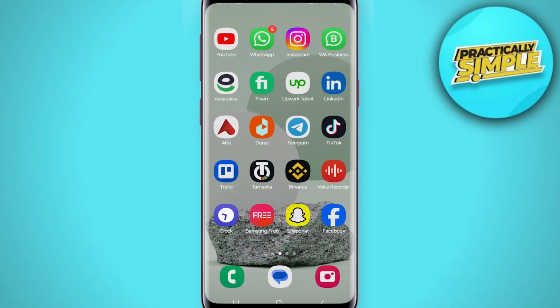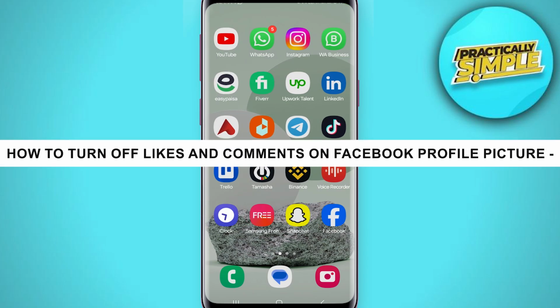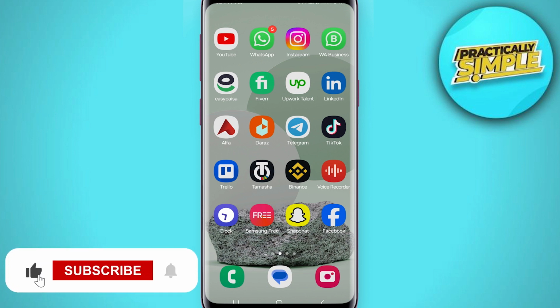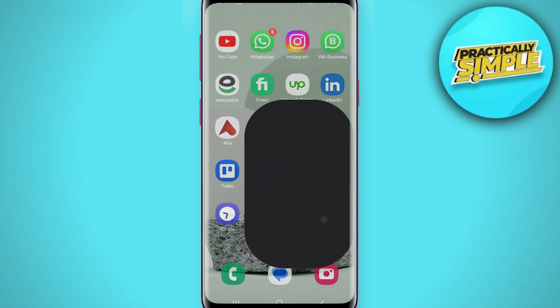In today's video, I'm going to show you how you can easily turn off your likes and comments on your Facebook profile picture using your mobile. So if you don't want people to comment or like your profile picture, then you want to open the Facebook